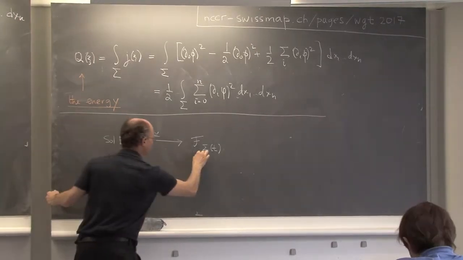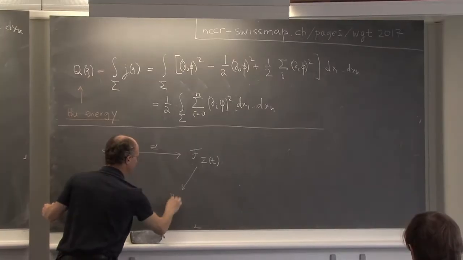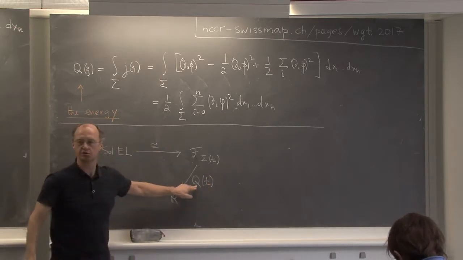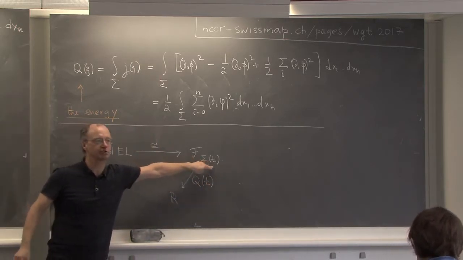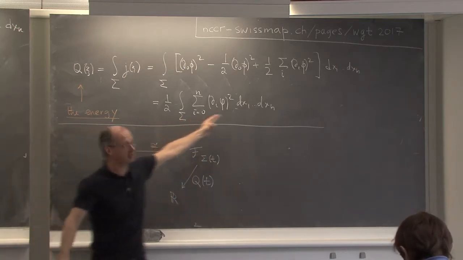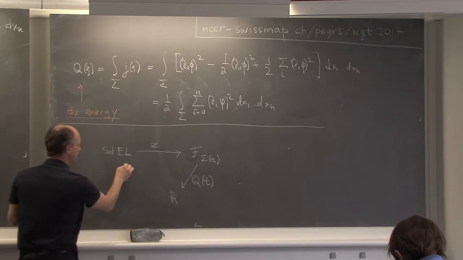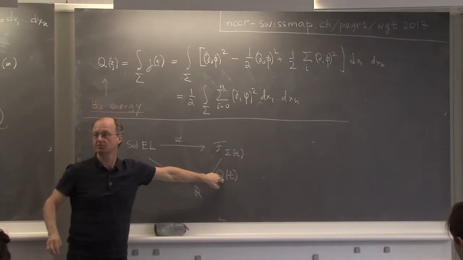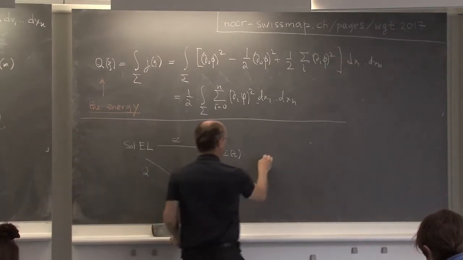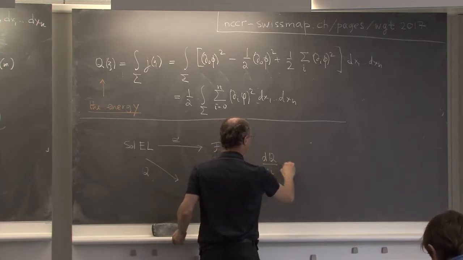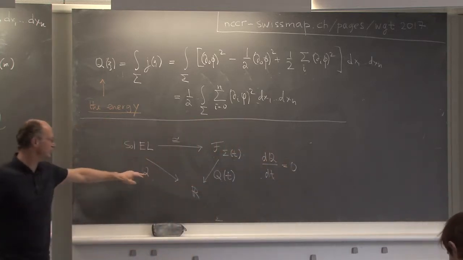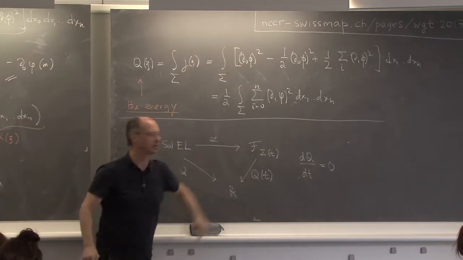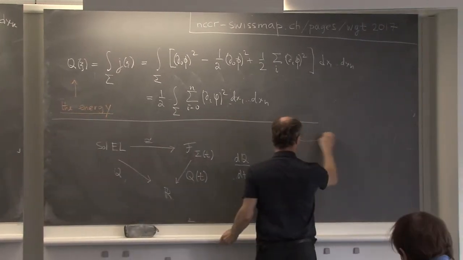So typically here we have maps to R, so we can call them Q of t. So evaluation of the charge on a given time slice, like something given by this formula, right? It's defined on a time slice. And since they all coincide, the charges are time independent, right? That's what the corollary of Noether's theorem says. This means that the charges are actually defined as functions on Sol EL. So they are independent of the time slice that you choose.